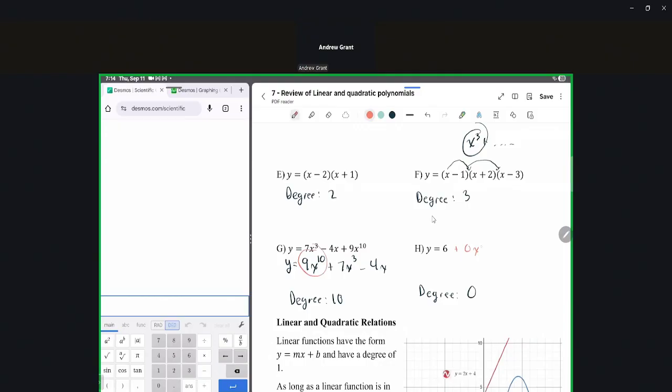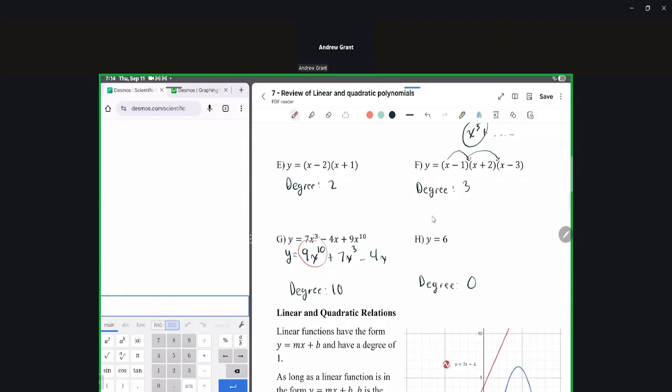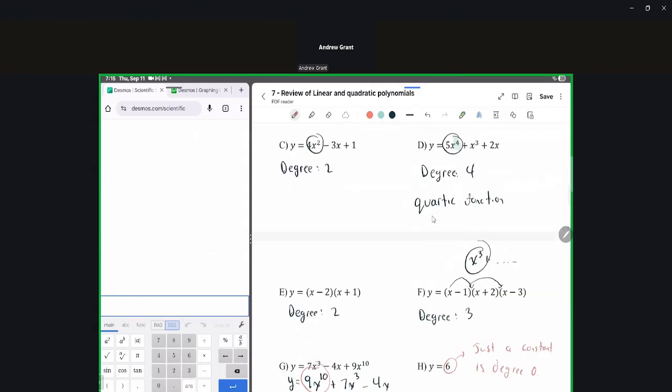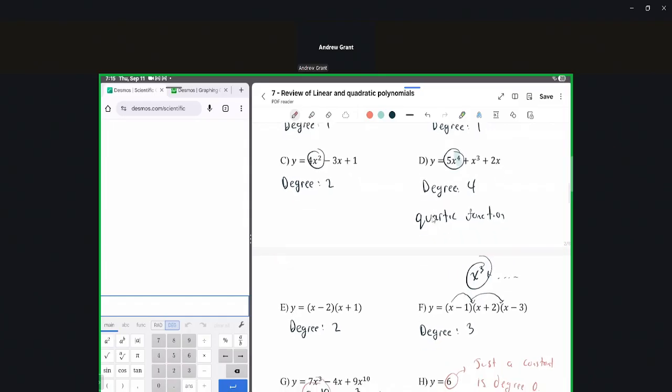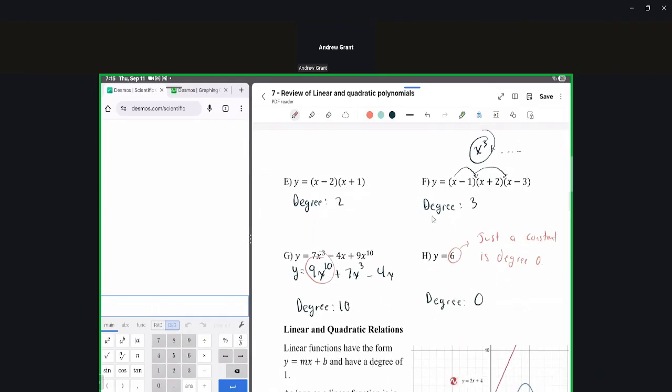But if you add 0x, it just goes away. And so there's actually no x value there. So if you end up with just a constant, this is degree 0. Okay. And the purpose is, and you might be wondering, this seems fairly reasonably straightforward, I suppose. Why do I need to be able to identify the degree of these